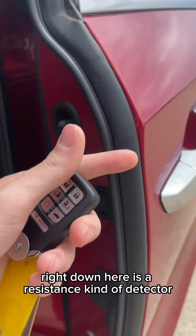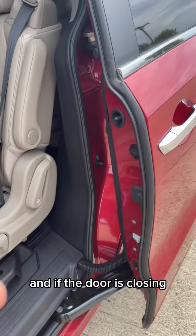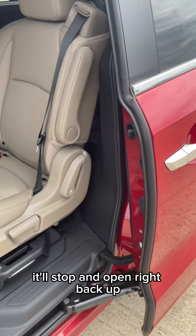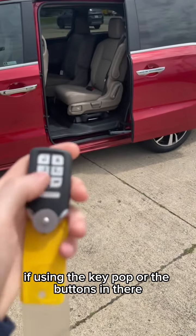So this whole strip right down here is a resistance kind of detector. And if the door is closing and it detects any kind of resistance, it'll just stop and open right back up. Another nice feature, if you're using the key fob or the buttons in there, if you do want to